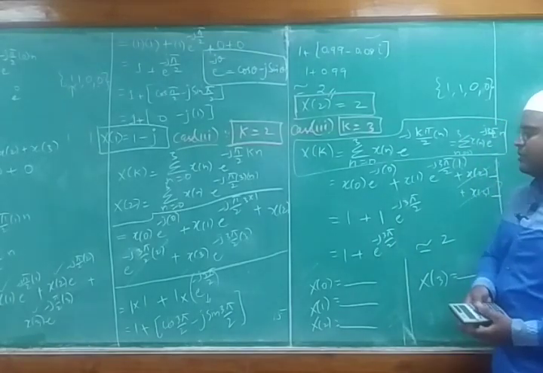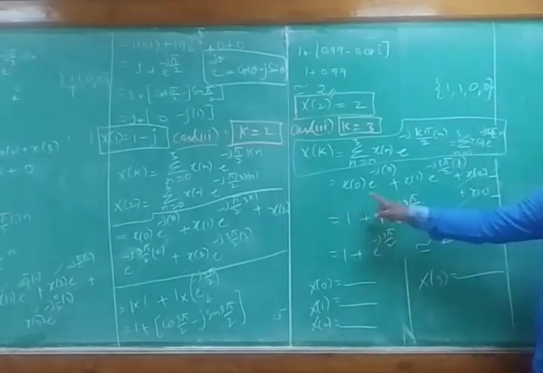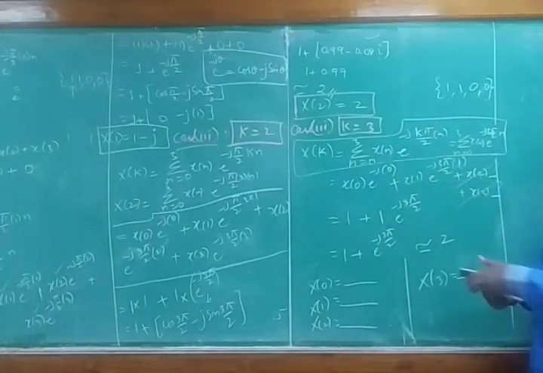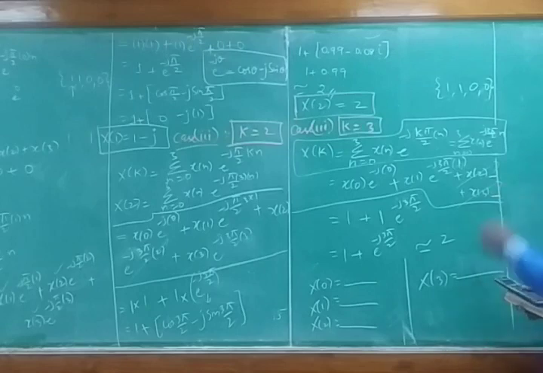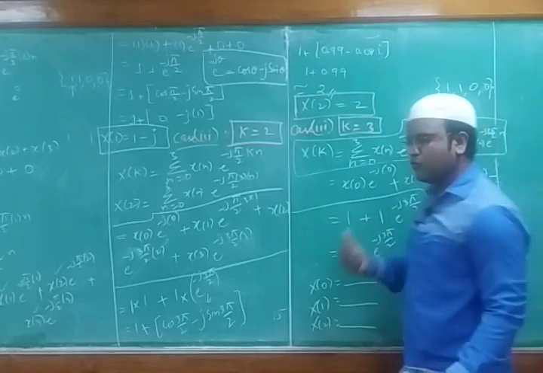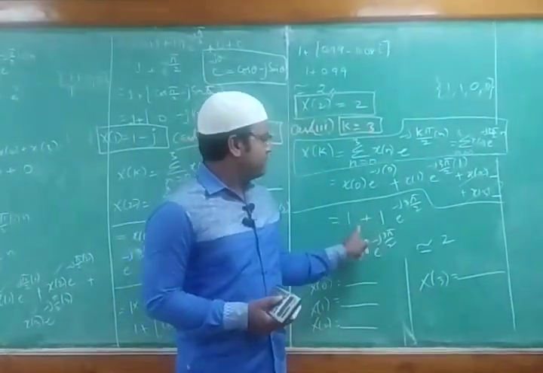Right? So based upon these conditions we are putting the value. So x of 0 into this e power that number, x of 1, x of 2, x of 3. So we substituted this thing. After doing it, anyhow x of 2, x of 3 is 0. So this is 1, this is also 1. So we got these two, right? So 1 and 1. This we do have.